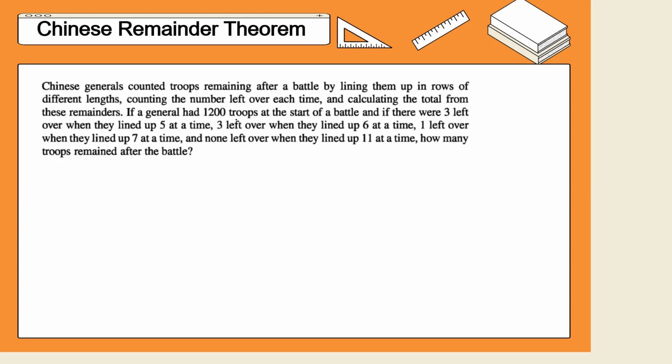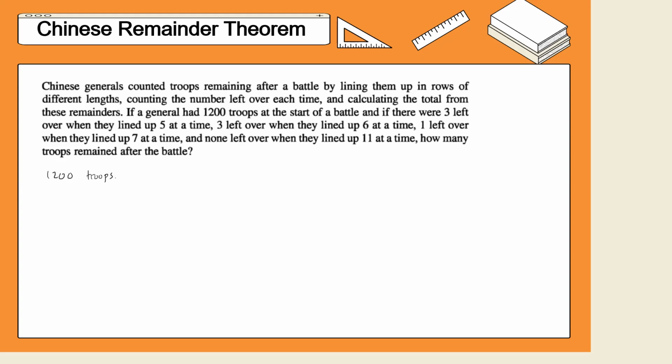So let's try to solve this. I'll explain to you how it works. So let's try to solve this problem at the same time. If a general had initially 1,200 troops,